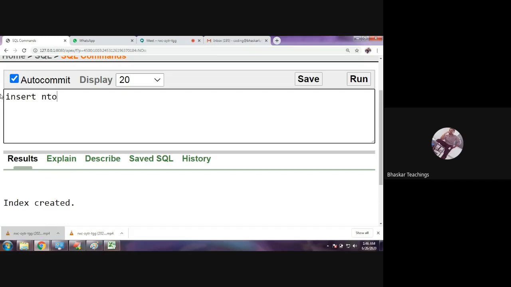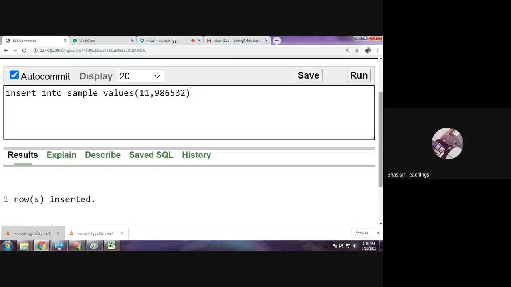Now let us try to insert data into the table. Insert into sample values of some id and some phone number. Run. One row inserted.